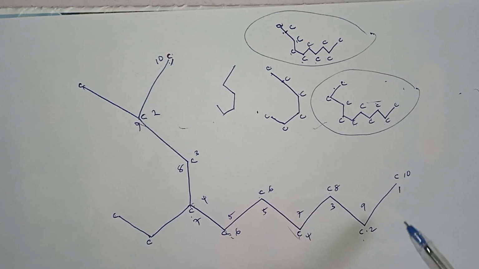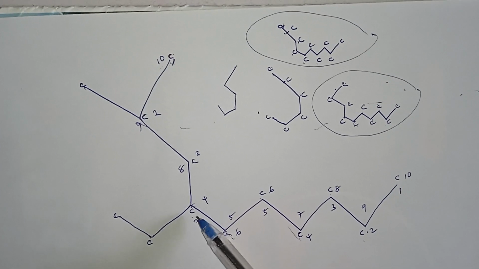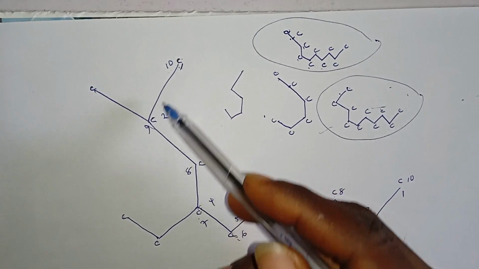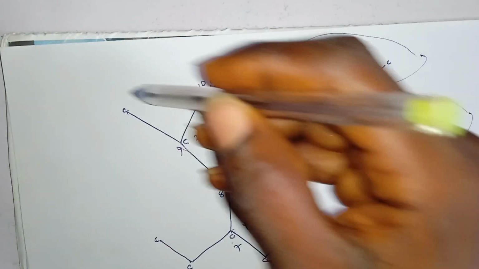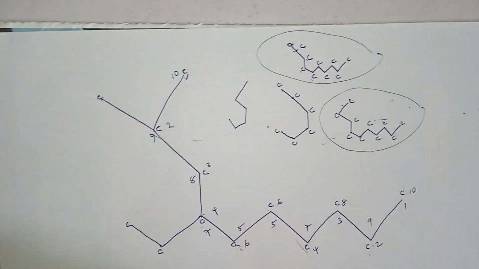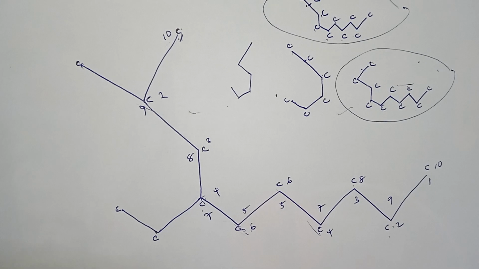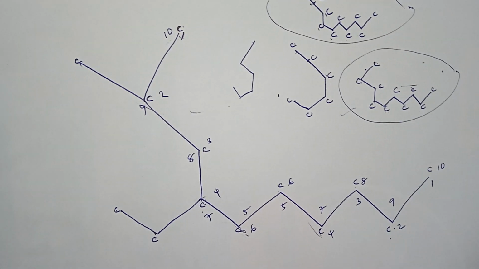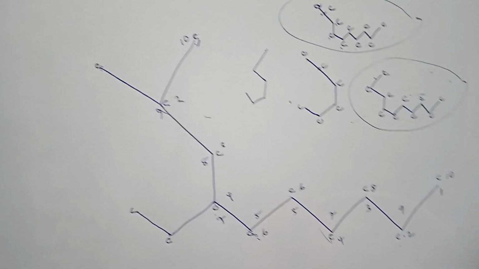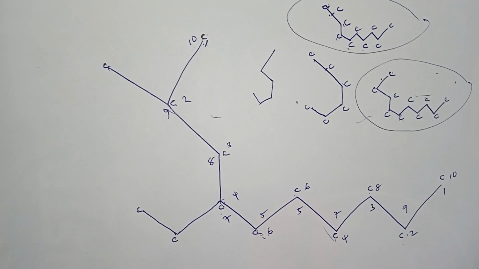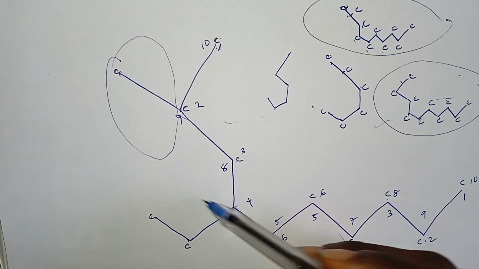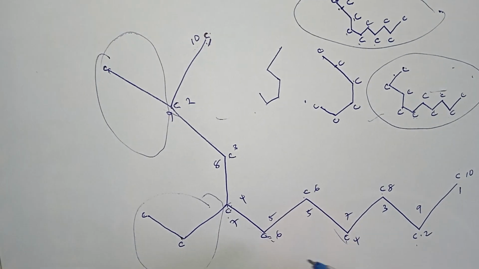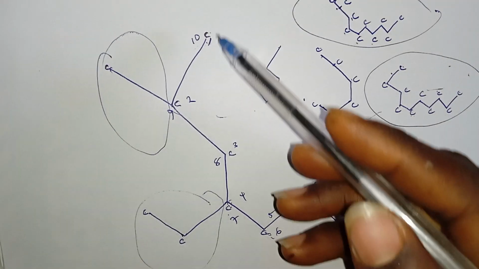Now if I'm going this way, from the bottom backwards, I see that the attachment is before 7. But if I'm going this way, I meet a lot of attachments before this. For example, if I'm going this way, I meet this. Anything that is not on the longest carbon chain is called an attachment, what you also call a branch or substituent. And any hydrocarbon that is not carrying only hydrogen, what you have around it is now a substituent, and it means that it's an impure hydrocarbon. So this is an attachment. Since we are going in this direction,